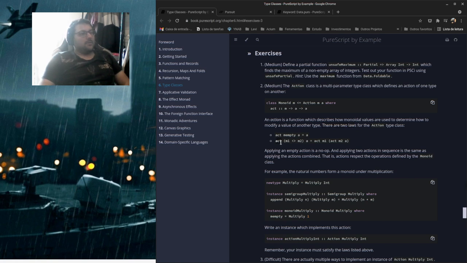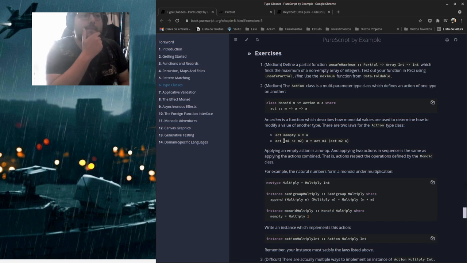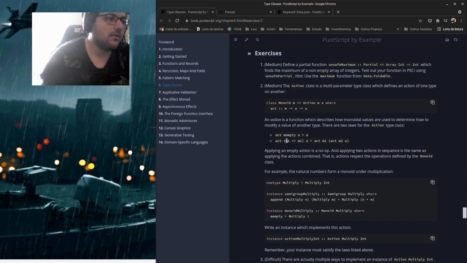Calling action over the result of two m things, which is this thing here appended together, as the m thing, and the a thing, which is in our case an int number, is going to be